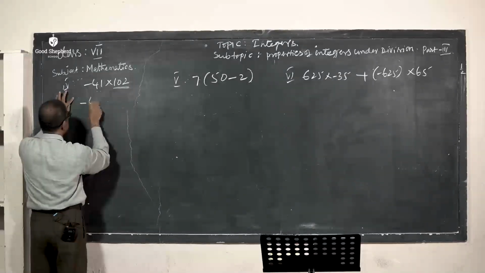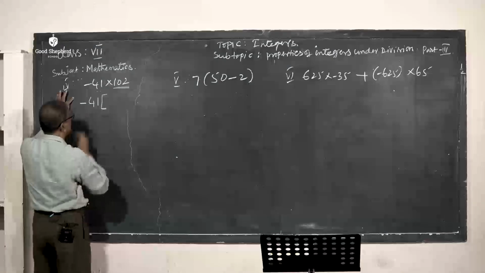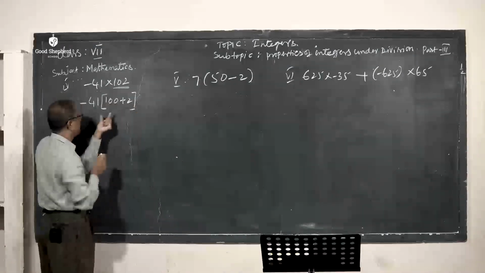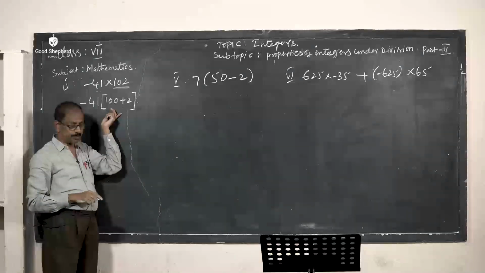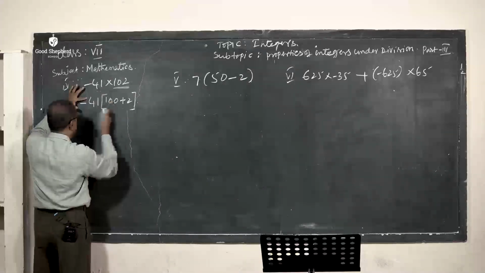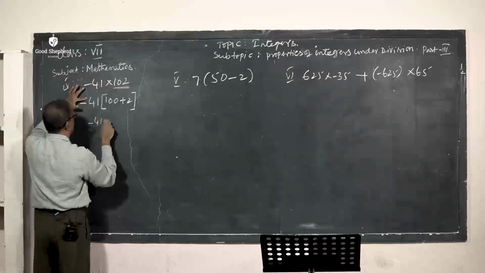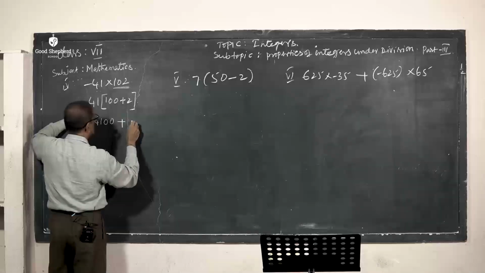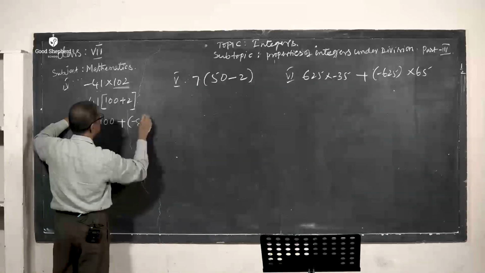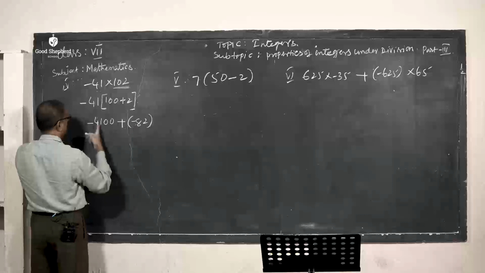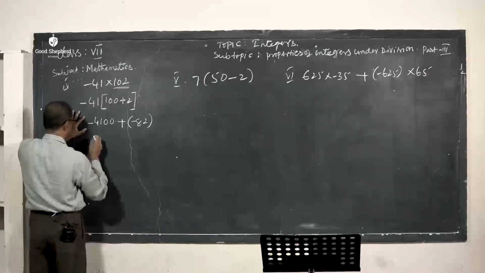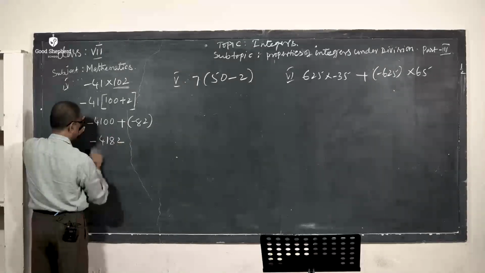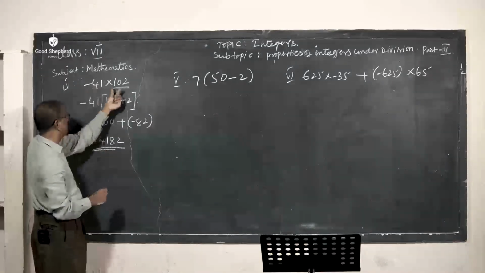Now, minus 41. This 102 I can write as 100 plus 2. So now I can apply the distributive property here. Now 41 into 100 is minus 4,100, and plus of it becomes minus 82. Both have the same negative signs here. So we can write it as minus 4182. Very simple multiplication. 41 into 102 becomes